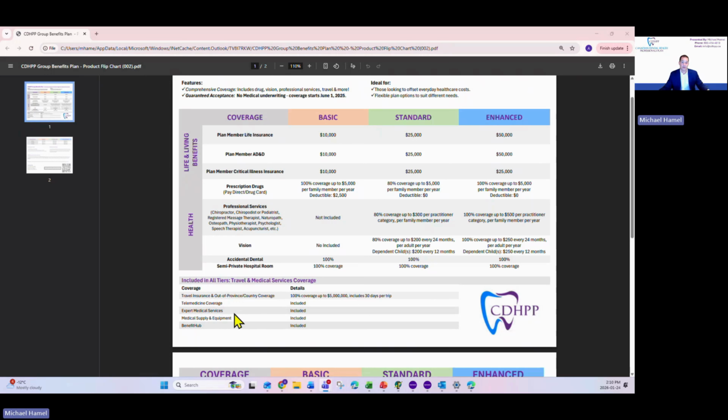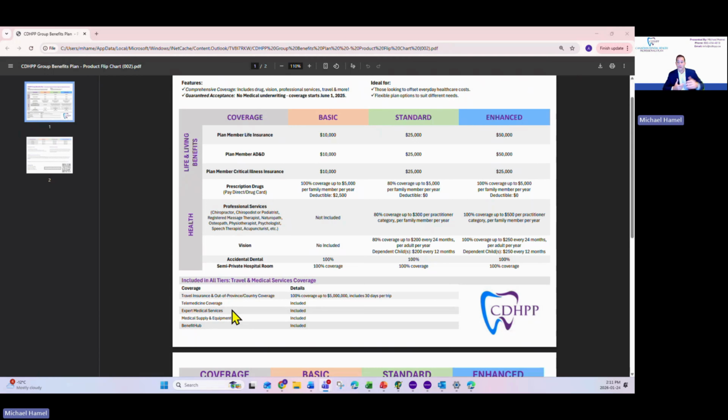Moving on, we offer medical supply and equipment, and this is included. If it's a CPAP machine, again, you can dive into our product guide that's going to give you the full-blown coverage versus a high level. But if you need a CPAP machine, we're going to be able to provide that for you up to a